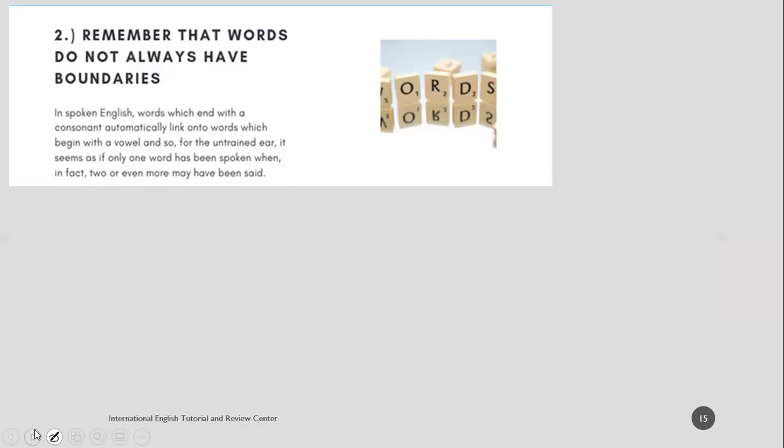So number two, remember that words do not always have boundaries. In spoken English, a word that ends with a consonant and is followed by a word that begins with a vowel sound, they link it. So if you are not familiar with spoken English, it would sound like one word only, even if two or even more words have been said. So for example,